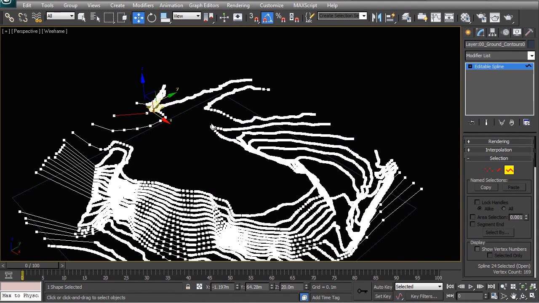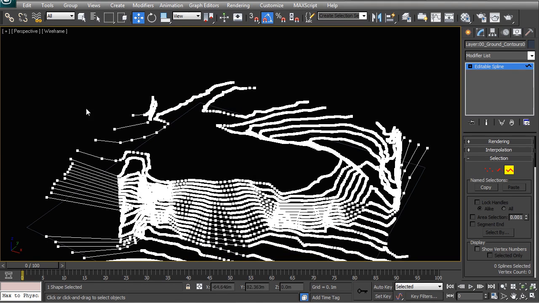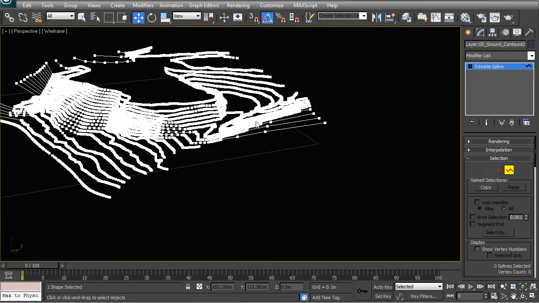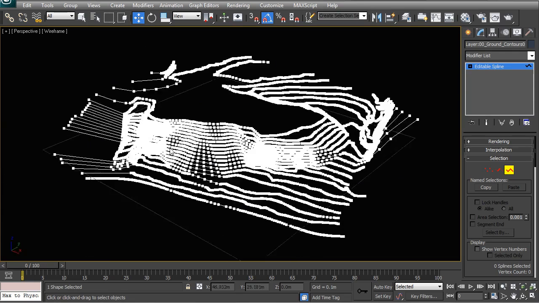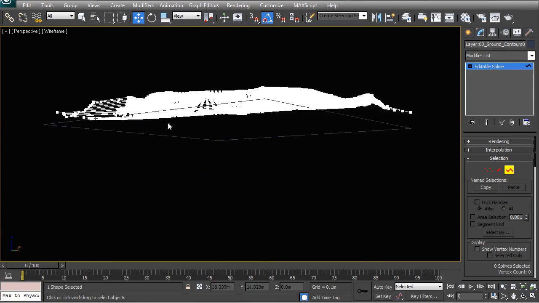So this way you can check, for example, that these two contours are actually at the same height, because this one is 18, this one is 19, and so is this one. If it had to continue, it would somehow loop back and be one continuous contour line. Sometimes you can make the mistake of creating the height at the incorrect height. So it's a good time now to check everything, zoom around, and have a look if that all